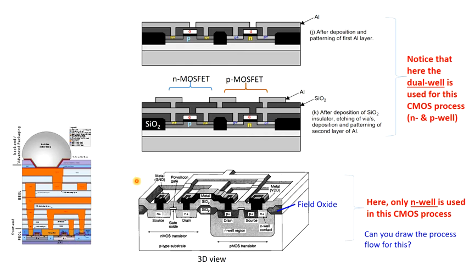And in modern CMOS process flow, we don't use silicon dioxide between two consecutive metal lines. To reduce the capacitance between the metal lines, we use low K dielectric. So all this dielectric that you can see here, low K means their dielectric constant is quite low, so that we can reduce the capacitance between these metal lines. Also, in your book, even though aluminum is mentioned as the metal layer, aluminum is not being used in modern CMOS process flow.